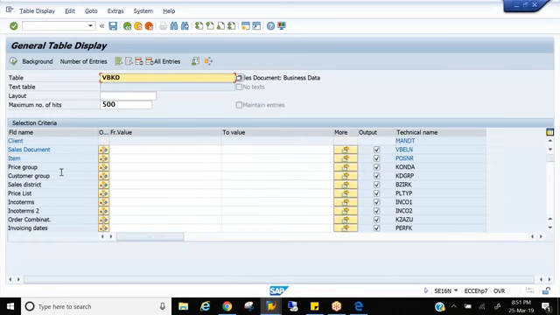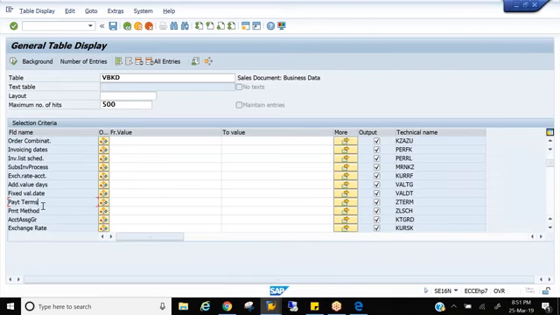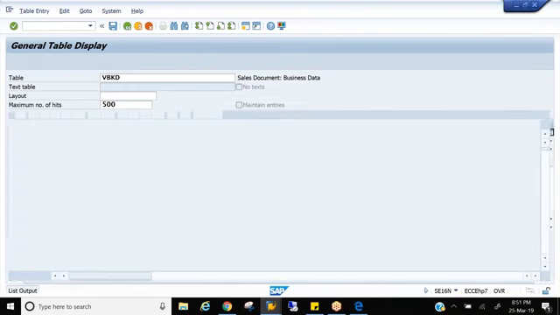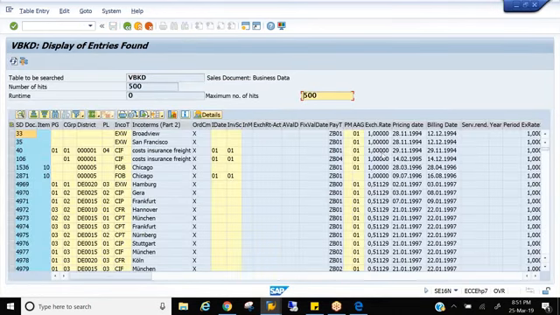These are the fields: pricing group, customer group, sales district, price list, Incoterms. These fields we have seen at the customer master level, right? So yes, this is VBKD. Payment terms, additional value days, account assignment group of customer, exchange rate. As I mentioned, the fields you see in the tabs are called VBKD, and these are the technical field names of each field. If you want to see the data, just execute. You'll see the data in each field, what is maintained. At the time of the functional specification, you will get a complete idea how to use this.